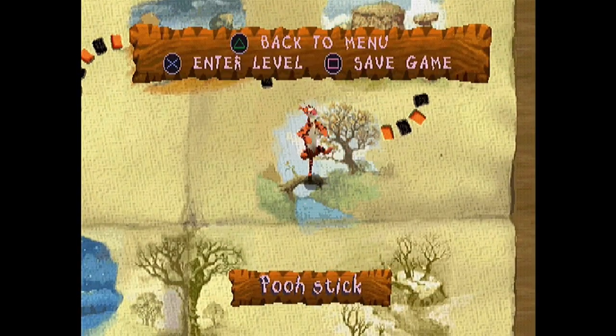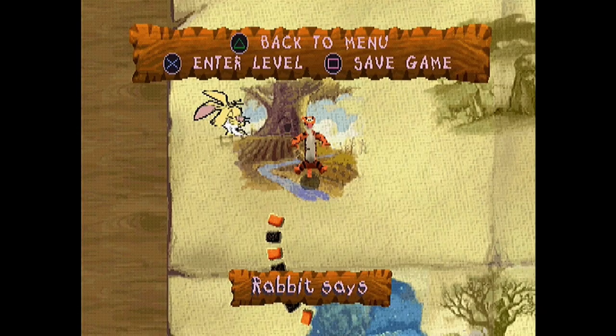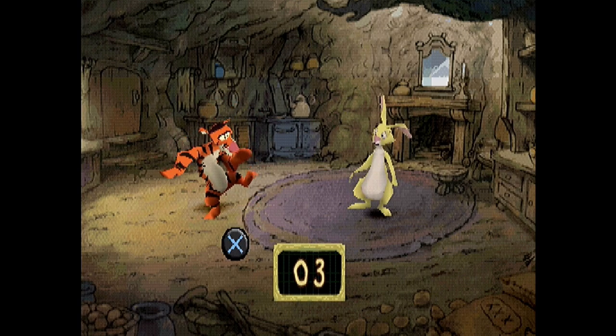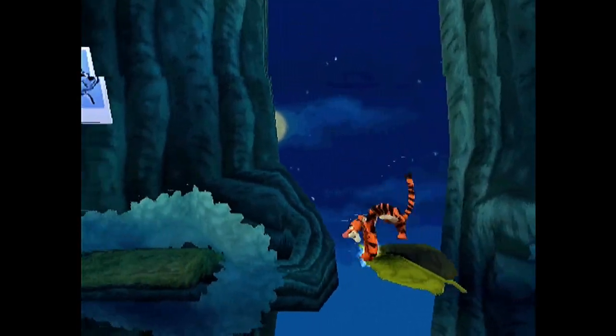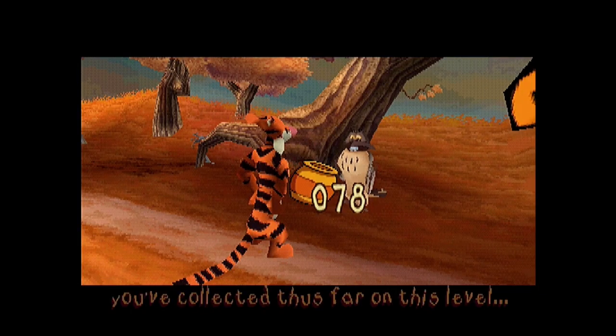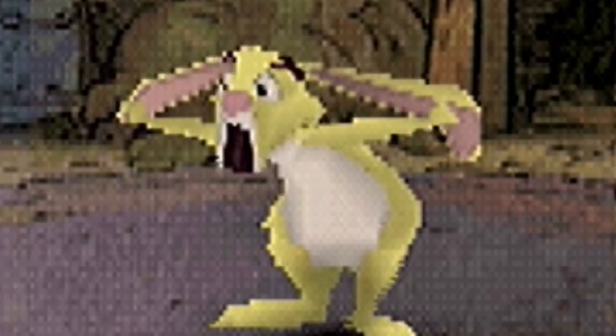Oh, speaking of the mini-games, yeah. First up is Rabbit Says, where you have to mimic Rabbit's movements and repeat the pattern. Elementary stuff, except... Look, I think this game looks great. The graphics are fantastic for the time, and it really brings the 100-Acre Wood and its inhabitants to life. But in Rabbit Says...